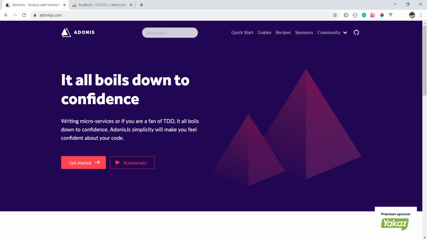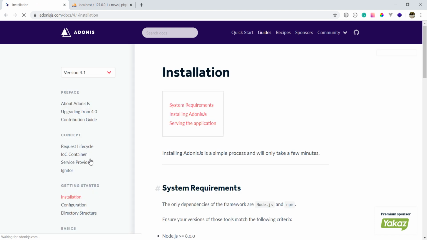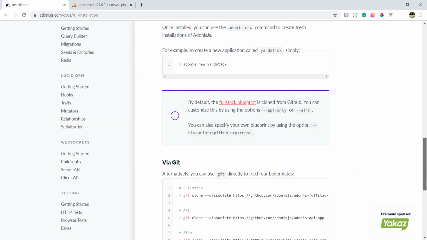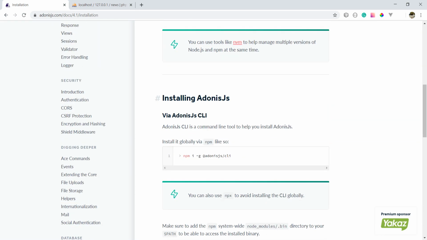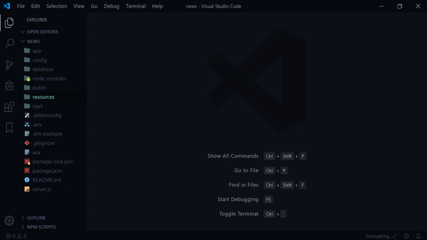If you don't know about the folder structures, you can go to AdonisJs.com and click get started, and you can read about the basic folder structures here before moving on. I'll be teaching you throughout the course, but if you are very curious about knowing things before building it, you can go ahead and read. All right,